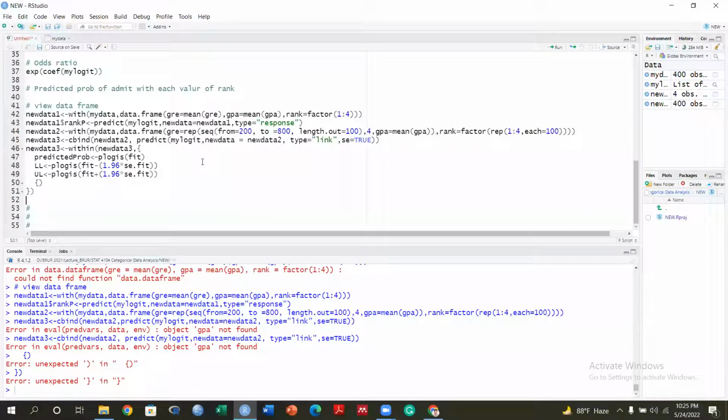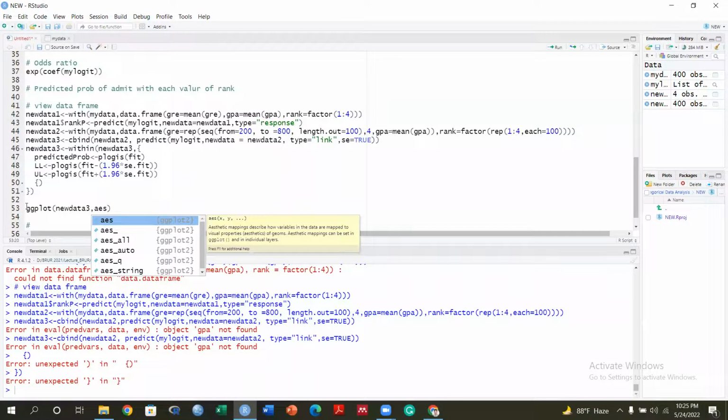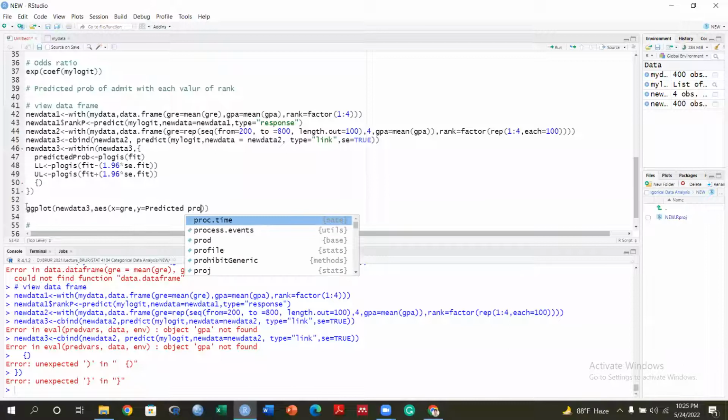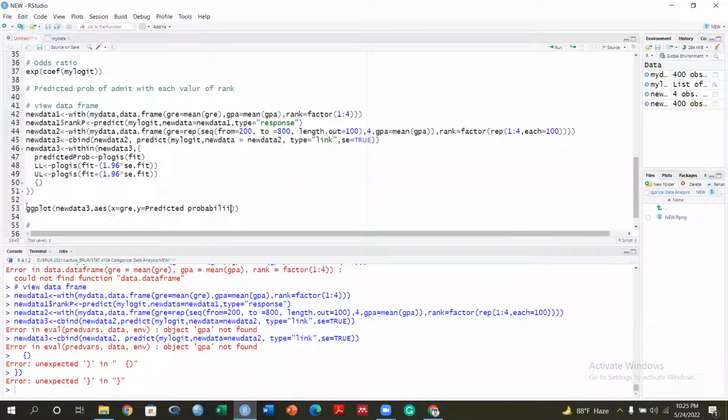So what you have to do is finally plot a ggplot. That means the ggplot of what? Of the new data we just created, new data 3. What is the x-axis? X is equal to GRE, right? Y is equal to predicted probabilities. Plus